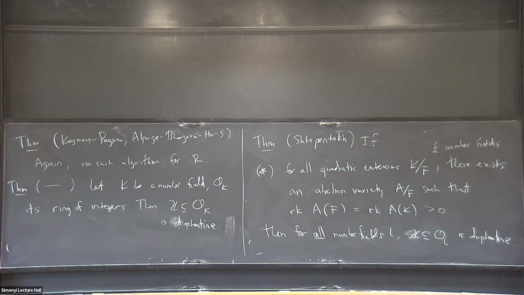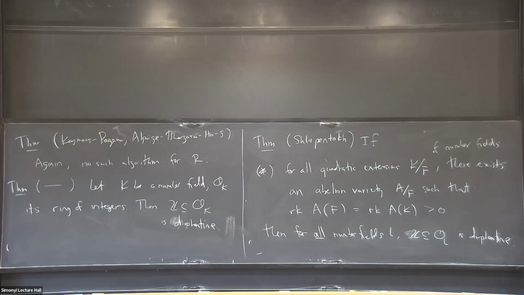So star holds, and it even holds if you just look at the abelian varieties J_n. So this is the Jacobian of the curve C_n, where C_n is the curve y squared equals x to the L plus n. L is an odd prime and n is an arbitrary element of the ground field,